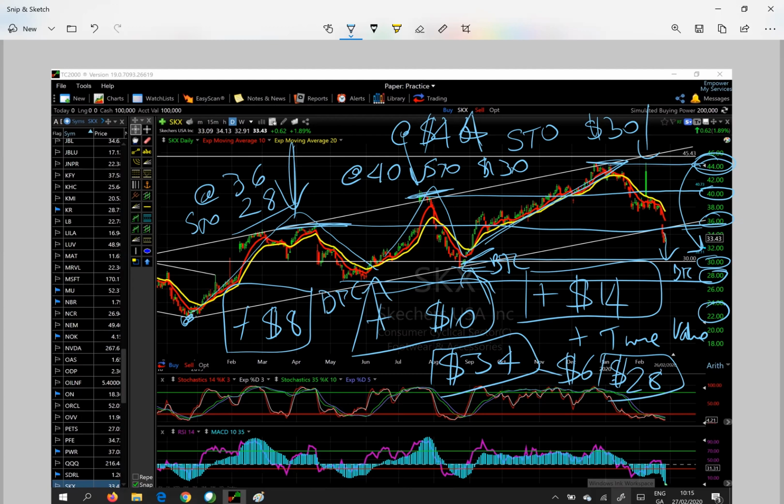So what you'll notice about this is it takes a whole 12 months to unfold. So you just got to be very patient. You get an opportunity 3 or 4 times a year to get that excellent call option premium. You get an opportunity to buy it back, and then be ready to sell the call option when it rises again. So that's one example. If we take a look at another example,